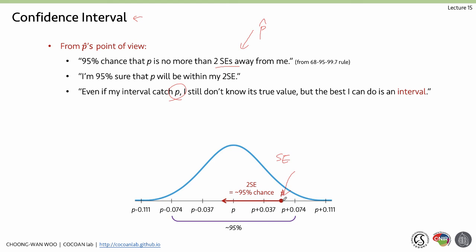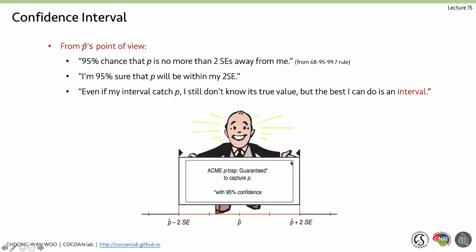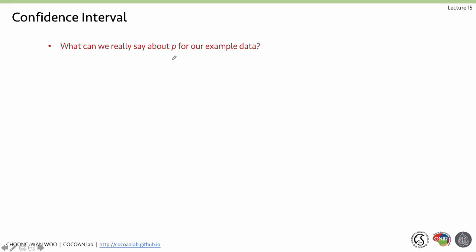So P hat can make the interval and assure that the true P, the population P, is within that interval. And actually we can make a two-sided interval, and that really guarantees to capture P with 95% confidence. What can we really say about P